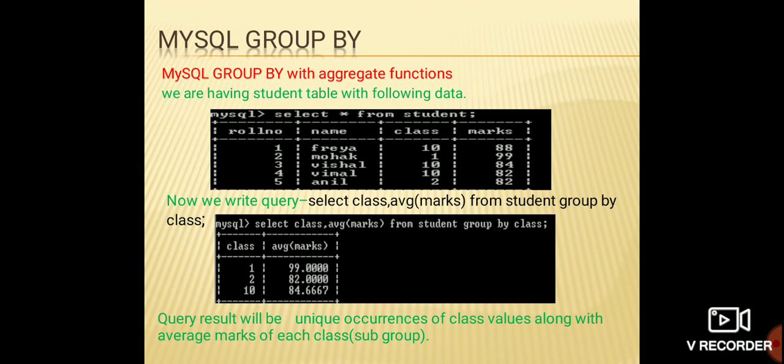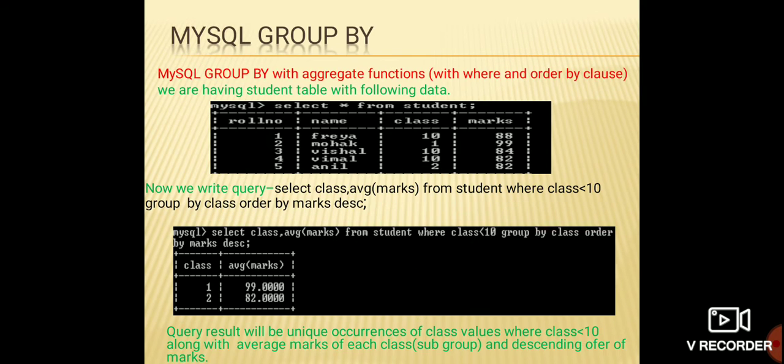So in those 3 datas it will take out the average of those 3 data, like 88 plus 84 plus 82 divided by 3, what will be the output? That data will be extracted and written over here. Okay, so this is the output of taking out the average mark.